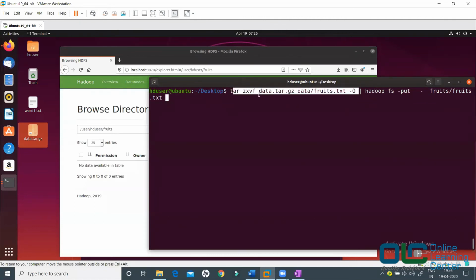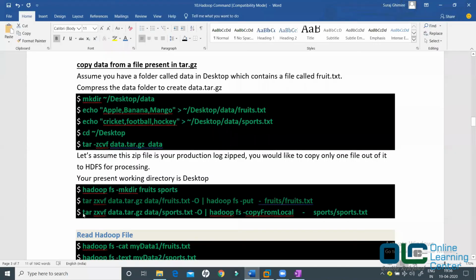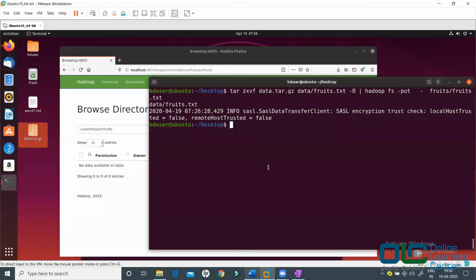All that this command will do is extract the content of fruits.txt, and whatever it has extracted, I'm doing a pipe and redirecting it to your HDFS. Done. We will do the same thing with the other file as well. I want to write sports.txt inside the sports folder. The difference is I have used -put and -copyFromLocal, right? Otherwise, both are going to do the same thing for you.